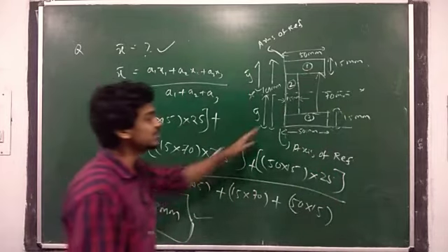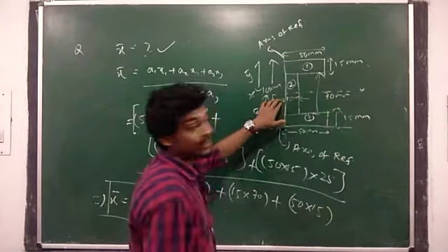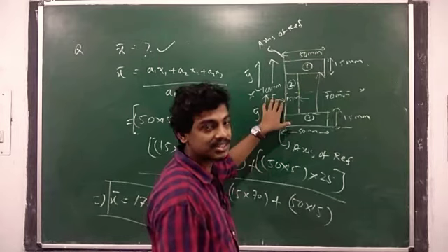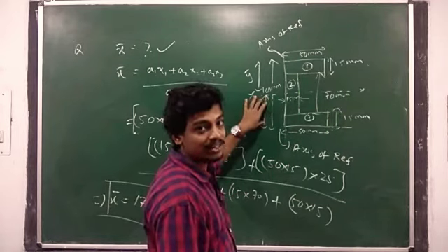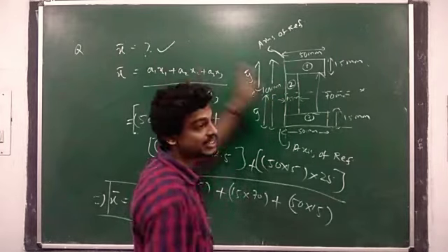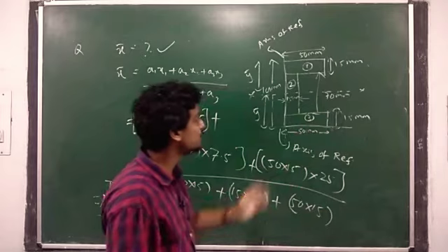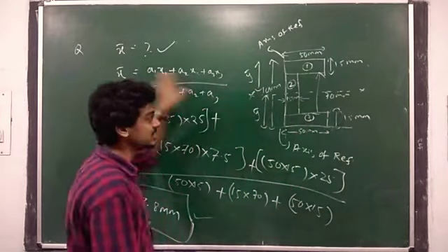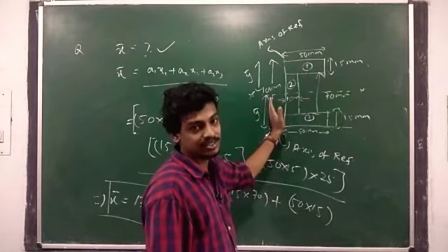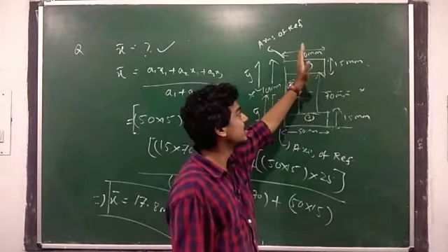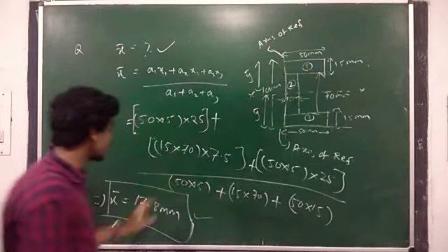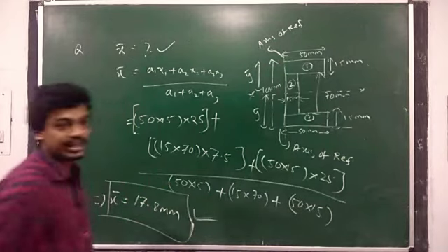Again I am explaining. First you have to see whether the diagram is symmetrical about the x axis or y axis. If it is symmetrical about the x axis, then calculate y bar as just half of the total length, that is 100 by 2, 50, and that is over. The main problem will be x bar because it is not symmetrical about the y axis, just the opposite. So to calculate x bar, first calculate a1, a2, a3, then x1, x2, x3. x1, x2, x3 are the center of gravity distances from the section to the axis of reference. Axis of reference means the last line. Then you can calculate the value, and it will come to 17.8 mm.